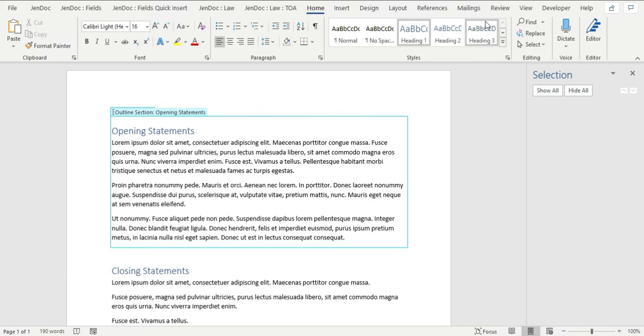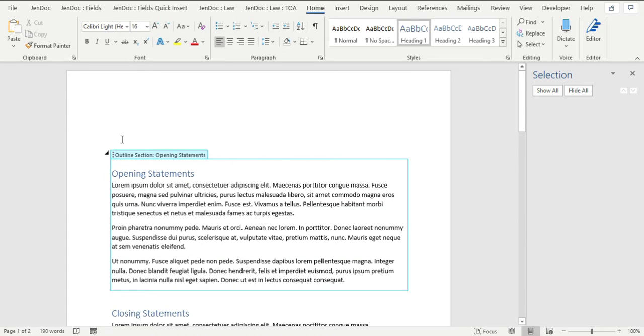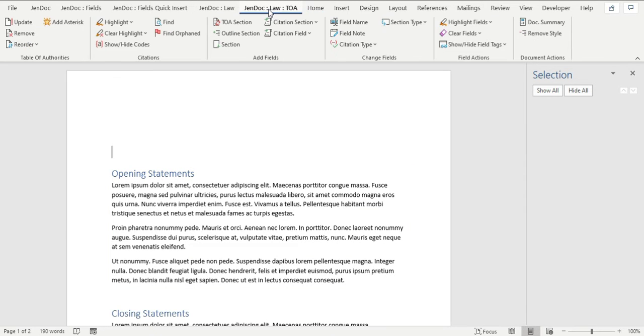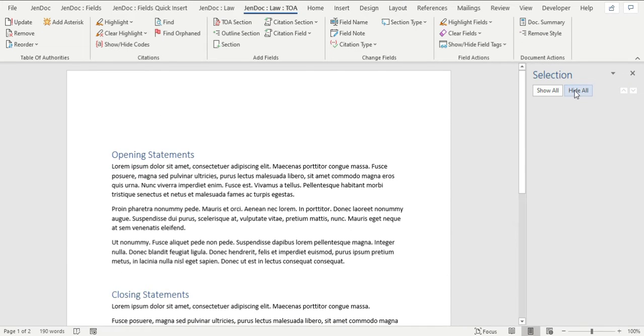Okay, and now I want to show you another thing. If I put some space at the beginning here, because this was at the very top, these lines inherited the formatting of this heading here. And it's a little bit of a pain to get rid of, so I created this button here to get rid of it, and it will get rid of those styles for you. As far as I've seen, that's really the only situation in which it occurs, when you're at the very top of the document and put some space in, but you can use it whenever you want to remove the style,